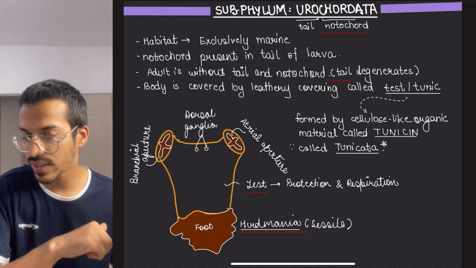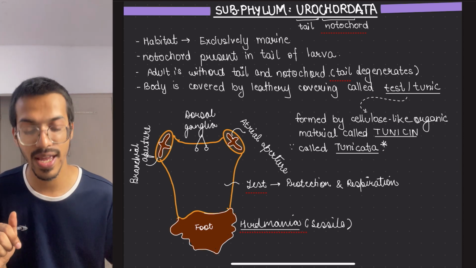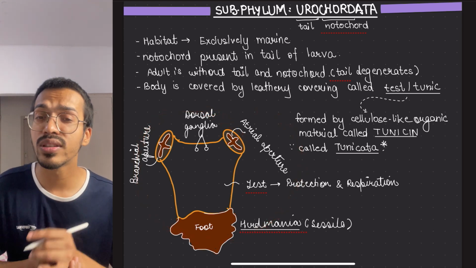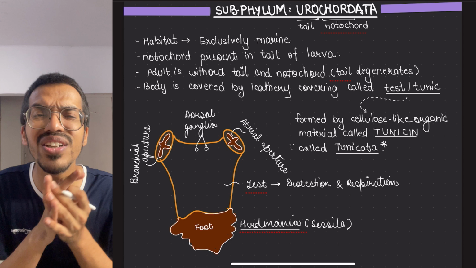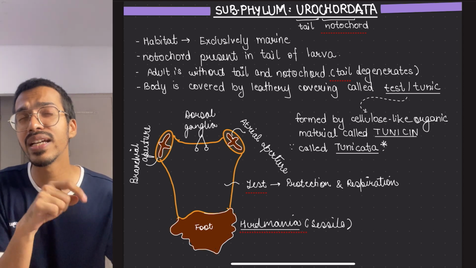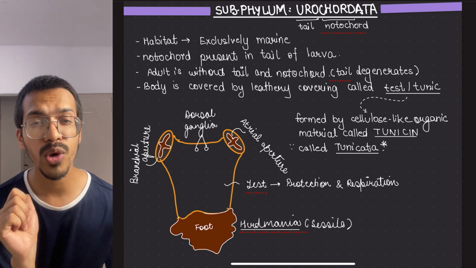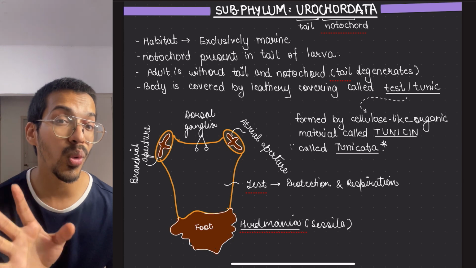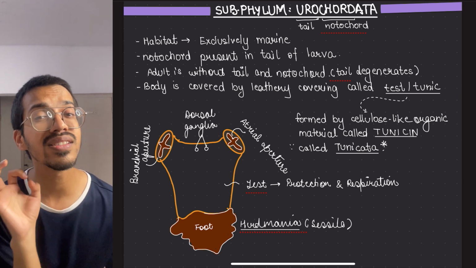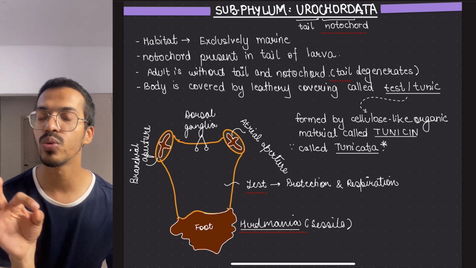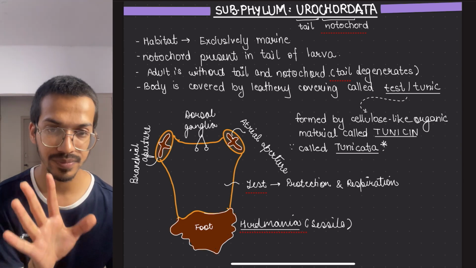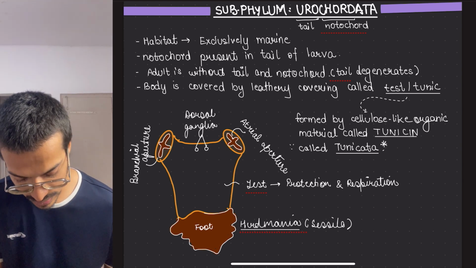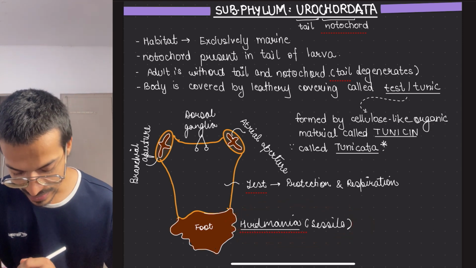Now, first thing is what? This is Herdmania which I have drawn over here. Now this is a sessile organism. What? They can't even move? But sir, you said that only the Porifera would be sessile. Yes, that whole phylum is sessile, but here this subphylum is also sessile. But chordates are not sessile. Okay, then comes this Herdmania. So it is sessile, it can't move.